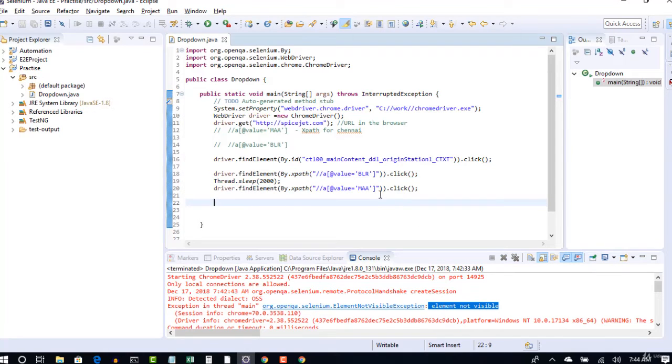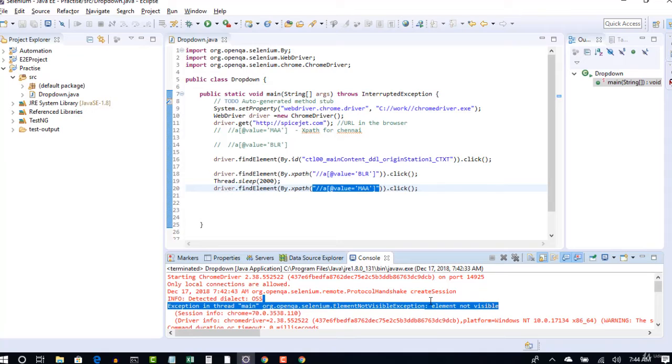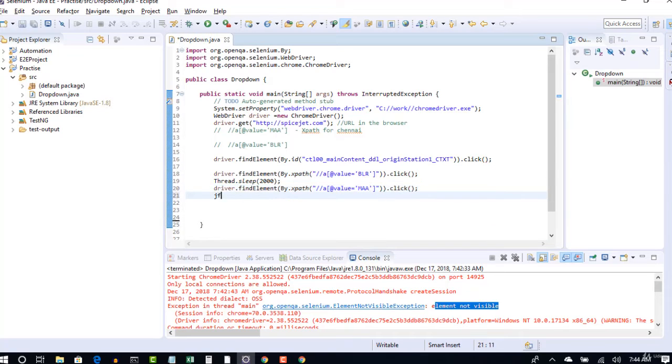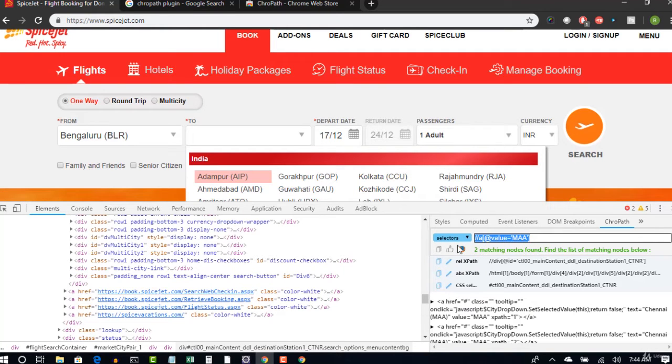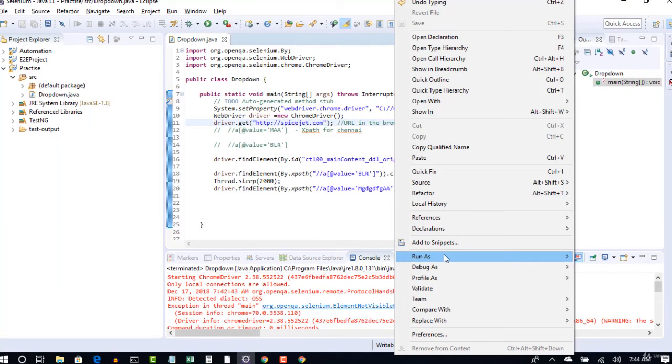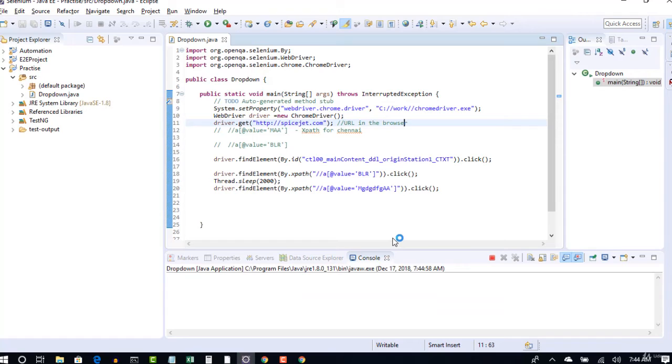So don't think that I have given a wrong XPath and let me correct it and try a different attribute. Firstly, read your error log carefully. The exception itself will give you 90% of the clue. And when you give a wrong XPath, the total error message will be different. Now let me show you. What if you provide a wrong XPath? Provide something random like this. I am pretty sure that there is no such XPath on the page. You see that there is no such XPath, right? And now when you run this test again, let's see how the error log looks.